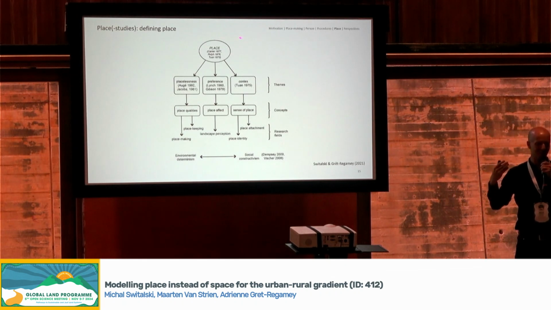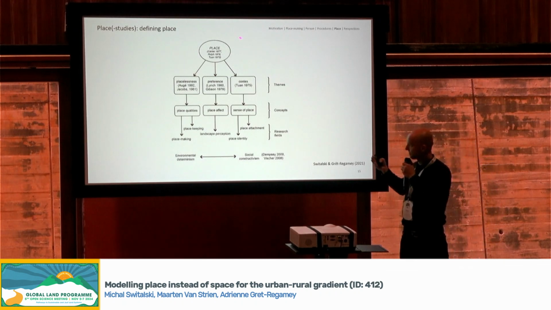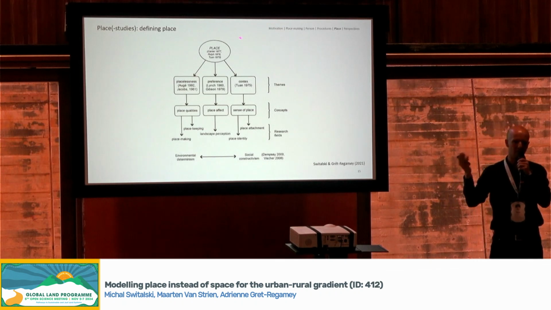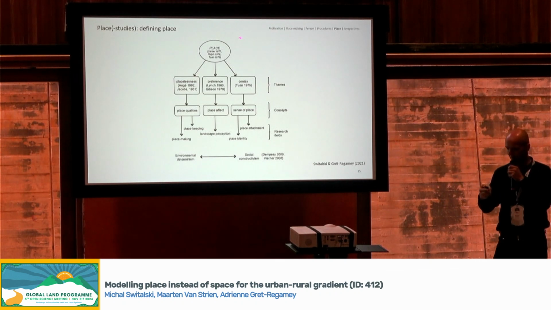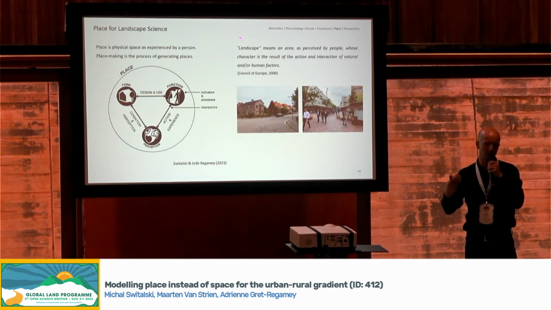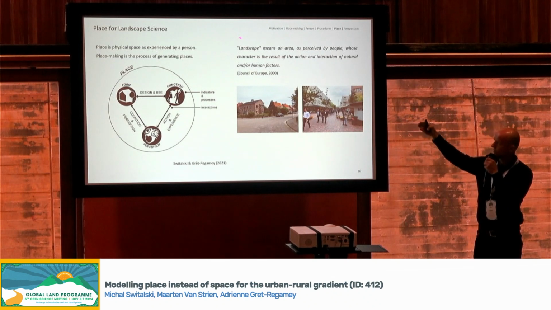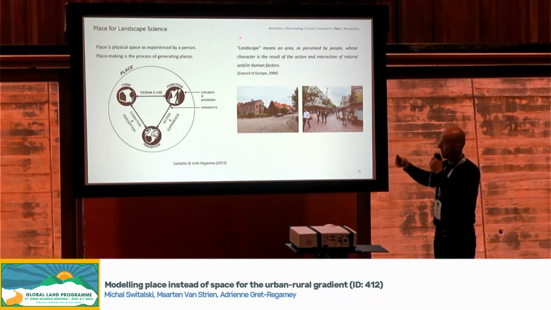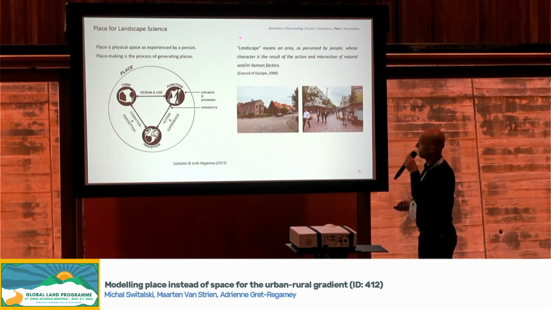In the middle we can add a third branch, which is evolutionary determinism, where the factors that influence our experience of place are both, but the evolutionary component is said to be the primary one. So a definition of place has to include these three components, in particular form, function, and perception. So form is the physical components, functions are the things we can do or think we could do, and perception is the thoughts, feelings, and visual stimuli when interacting with a space.